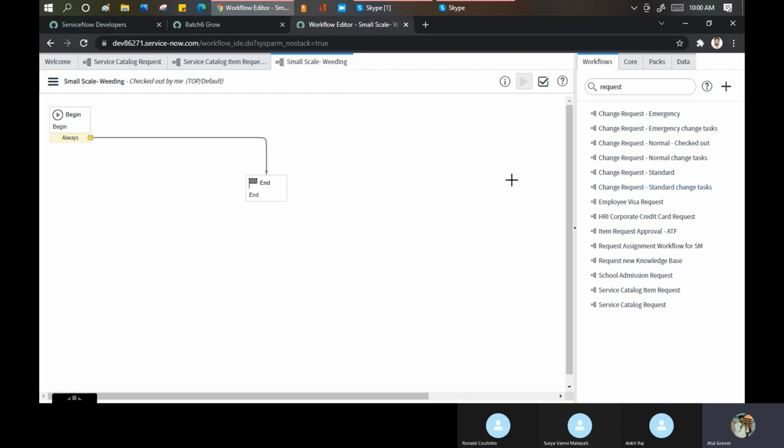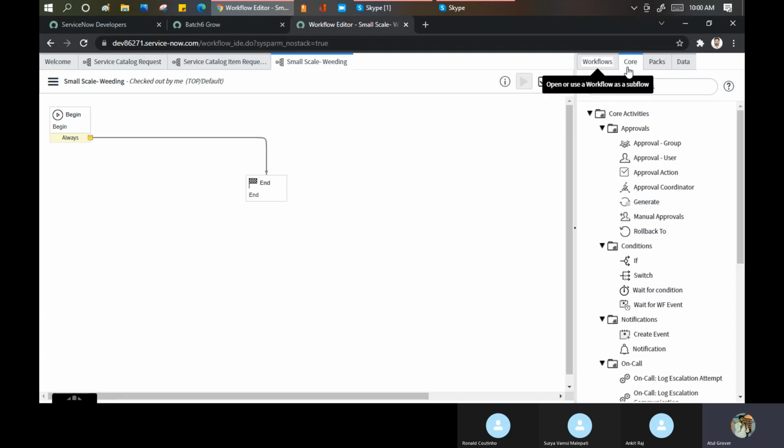Now the important point to understand. These three things. If you are a consultant and you are appearing for an interview, the interviewer can ask you questions on these things. What are the core activities of a workflow? If I say you purchase a new phone, what are the core activities of a phone?